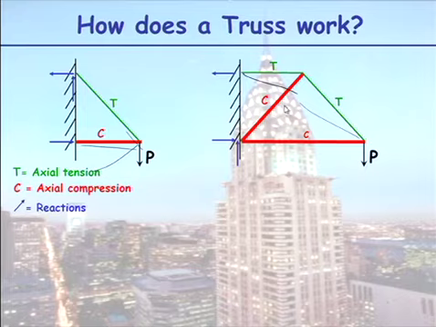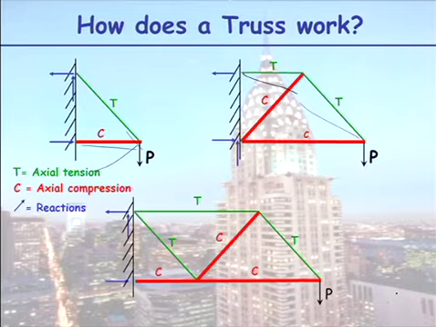So you can work your way through and logically work out what member is in tension and what member is in compression. You do not have to do that. I will show you how to do the numbers, and the numbers will tell you. If you end up with a negative number, that's telling you it's in compression. So you don't have to actually be able to see this. However, it's useful if you do understand